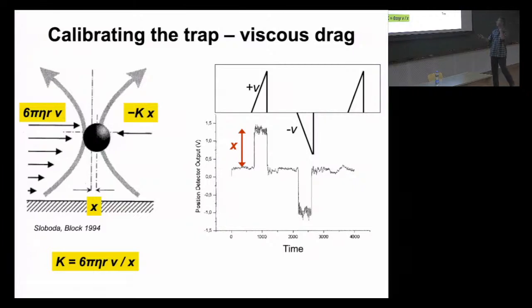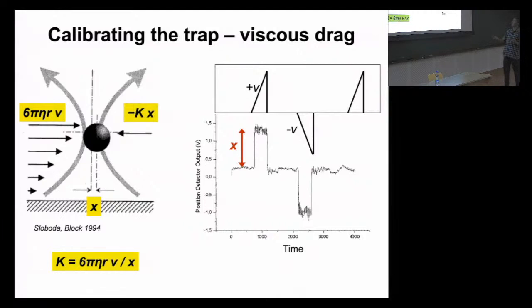So this is what the data looks like. If this is the velocity pattern, I am moving the stage with a constant velocity, but in order to move a certain distance, I have to move it for a certain time. Let's say I'm moving it at 10 microns per second, and I'm moving it for 1 second, then I will move it over 10 microns. So I gave it a certain velocity, and then I have to go back where I came from. And then I move it again, let's say in the opposite direction,